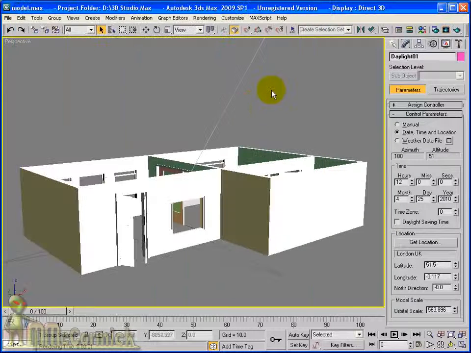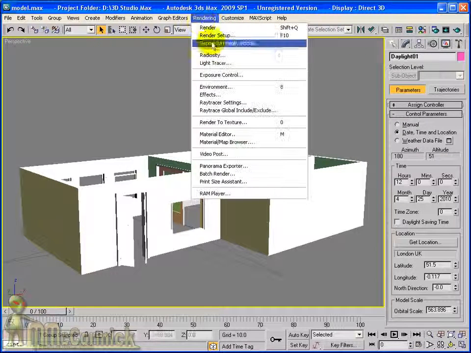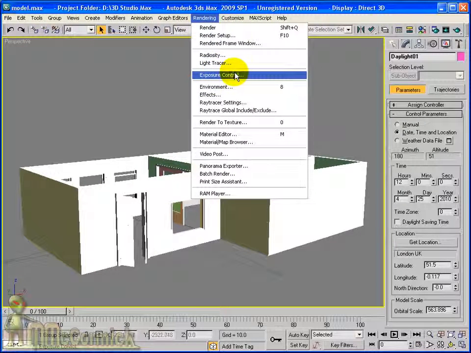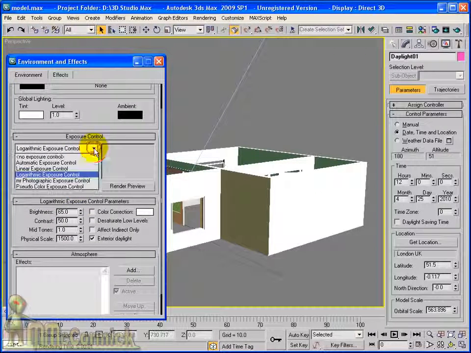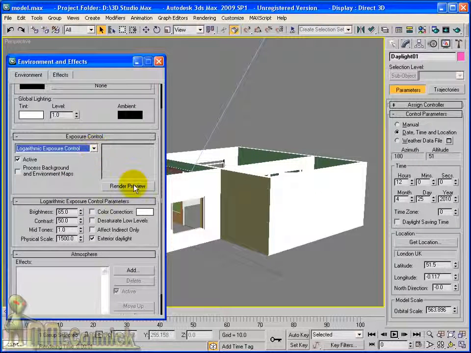I'm going to close the render and just show where the exposure control is that it asks us about with the dialog box. There's our exposure control, and there's a few options that you can choose from. I'm going to quickly render a preview of our scene. You can see how it looks,